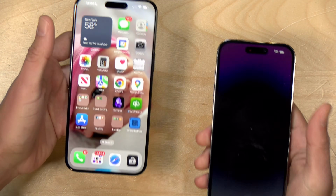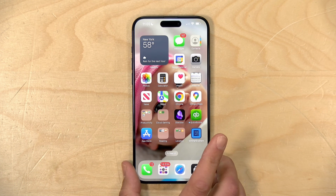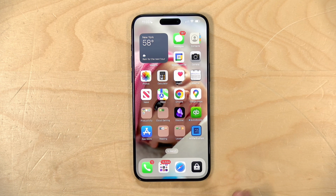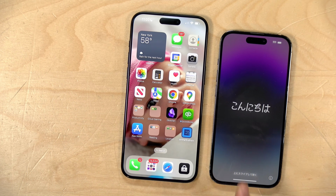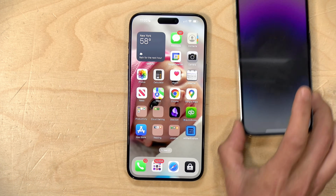So although these two phones are, one is heavier than the other here, this one feels a lot lighter. So overall, from the size standpoint, I don't regret going from the smaller phone to the larger one. And if this is how Apple's going to make these phones in the future, I'm probably going to stick to this. You'll also notice here the bezels are a lot thinner, and I think that little bit of reduction in